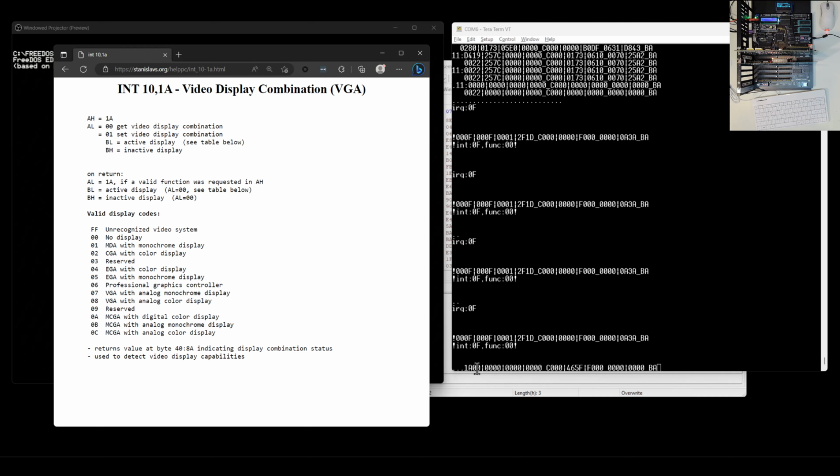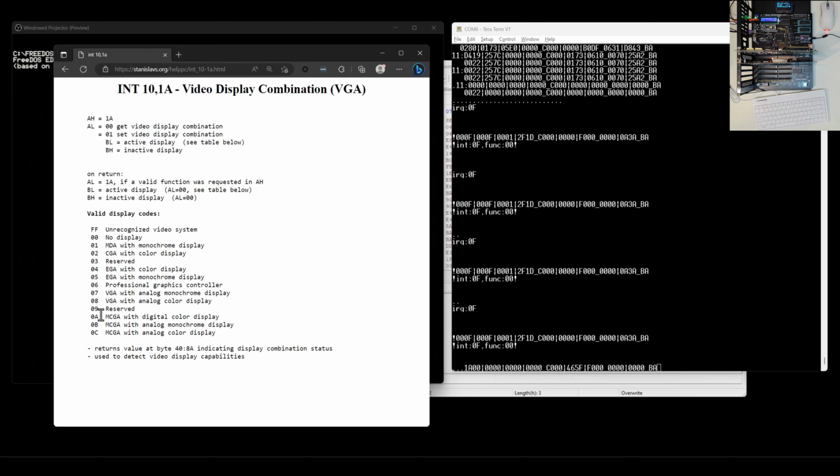And so I got for an AL a 00. So it's trying to do a get video display combination, and then I need to have a BIOS function that supports that and returns one of these down here. And so in this case, I would probably return VGA with analog color display, I'm assuming is the one that